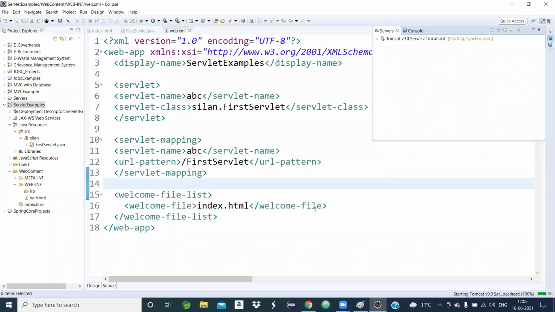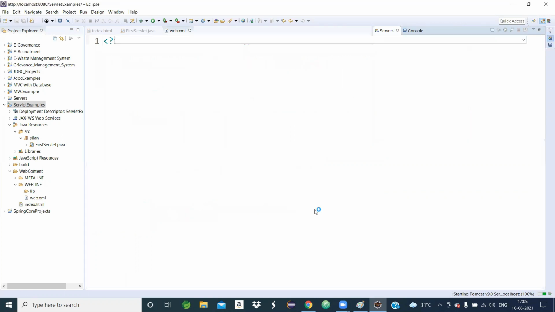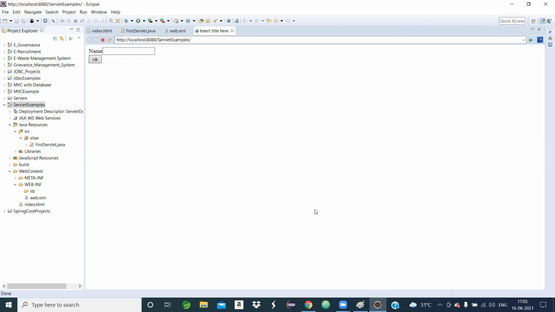So now your project is executing. Now the server is executing your application. Let's see which output is coming.